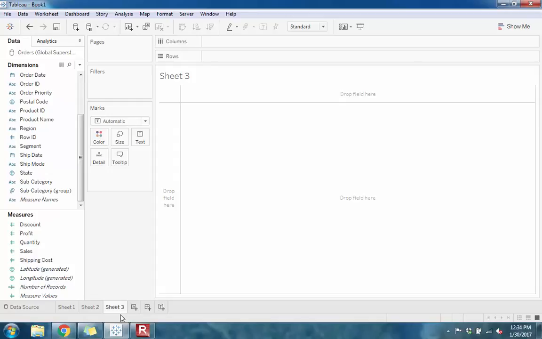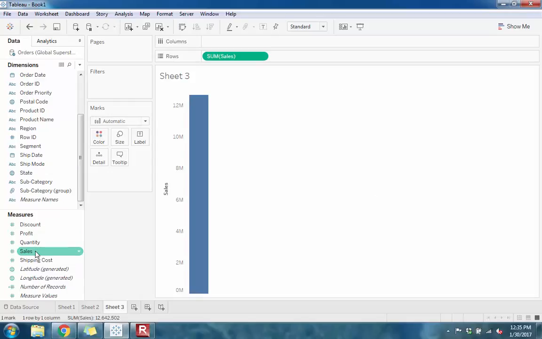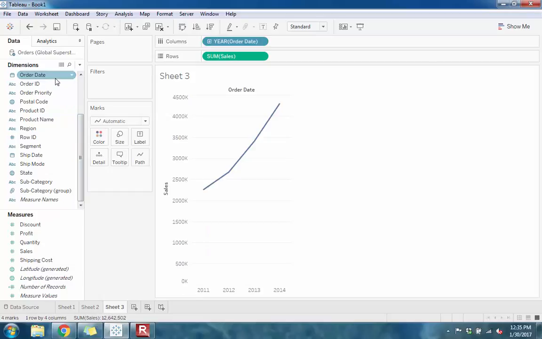line graphs. Normally we can use them actually to look at the relationships between two variables, but line graphs are normally used when we want to look at how something changes over time. In other words, it is called time series analysis. So let's start by looking at sales over time. So I will just double click on sales, and then I will double click on order date. There's order date, and as you can see here we have a line graph